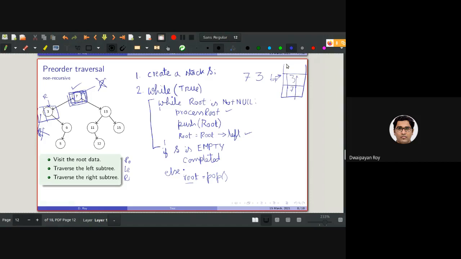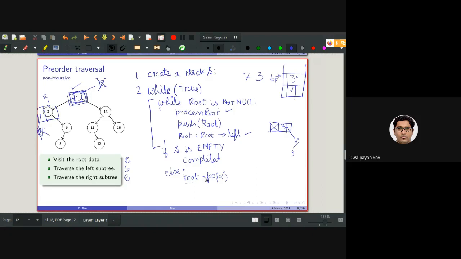The stack looks like this, right? The topmost is 7. If I apply one pop operation, it will return this node. Here it is empty, and here it is containing the left subtree and right subtree of this 6, 5. This is the outcome after applying one pop.